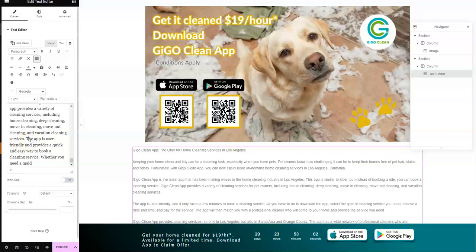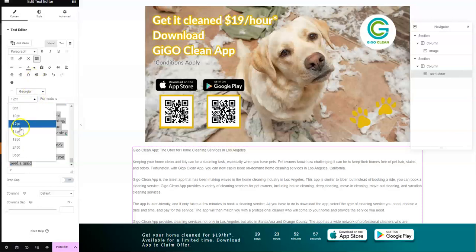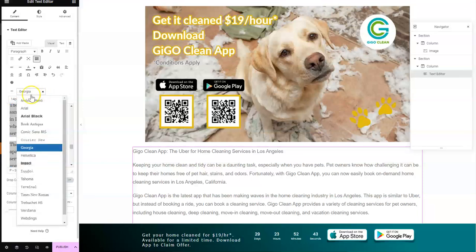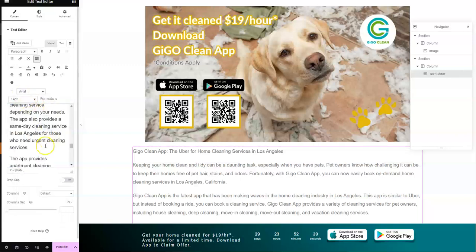Then what you want to do is hit Control A or select all and change the font size from 12 to 14. The reason we want to do that is because 14 is better for SEO and for Google. You need a bigger font size; it's a best practice. And we want to change the font from Georgia, which is the default, to Arial. Arial is an easier font to read. So now that we've copy pasted this,